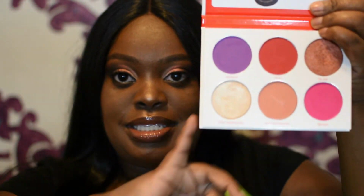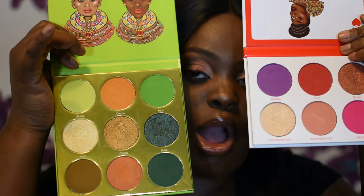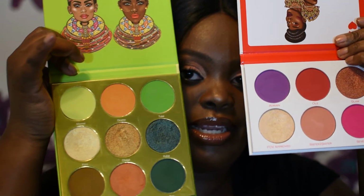Something that I often realize people saying is that they don't need a palette because they feel like they have those colors already. And I just want to show y'all that you simply cannot tell that by looking at a color in the pan, because sometimes it goes on completely different. So to do that, I'm going to show you this and this gold in here, and as you can see, they look almost alike. They look a lot alike,